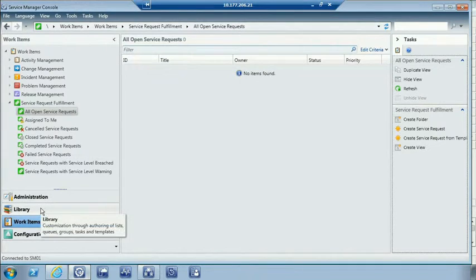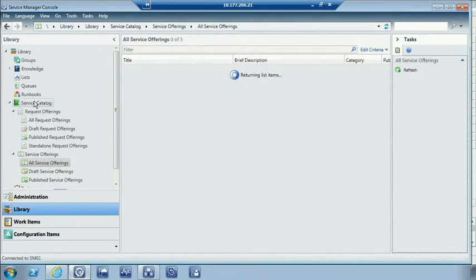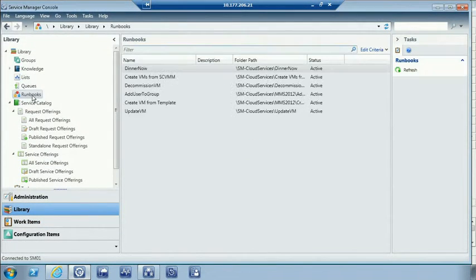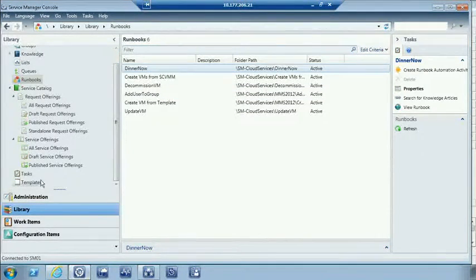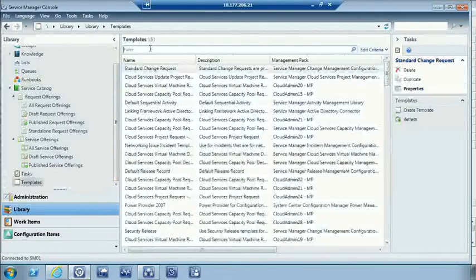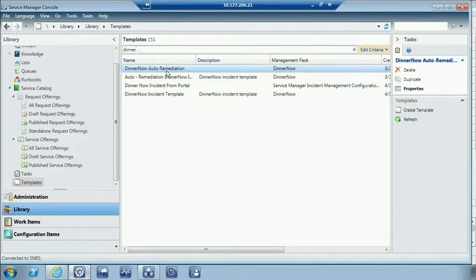So to get a feel for what this looks like, we'll just go over here to the library workspace. We'll take a look at the runbooks view. And we can see that that Dinner Now runbook has been synced into Service Manager via the orchestrator connector. And I've clicked on this Create Runbook Automation Activity here before, and I've created a template. So if we go here to the Templates view, we should be able to find our Dinner Now template. So here's our Dinner Now Auto Remediation